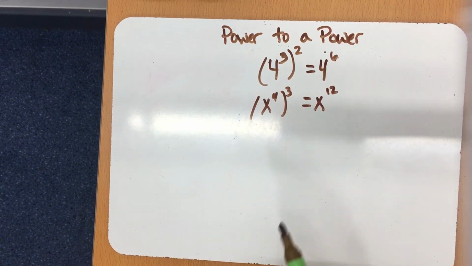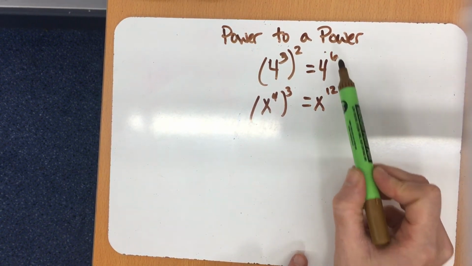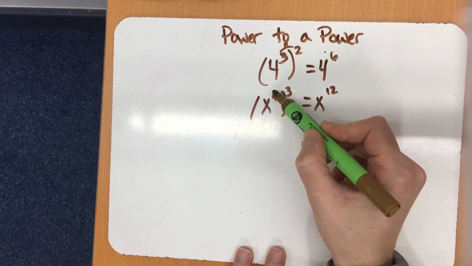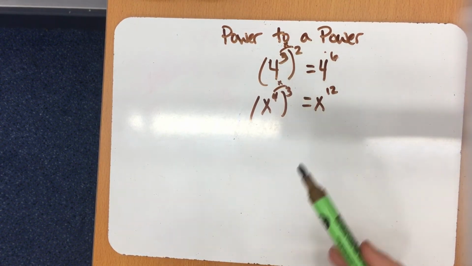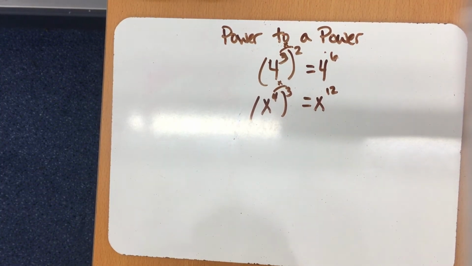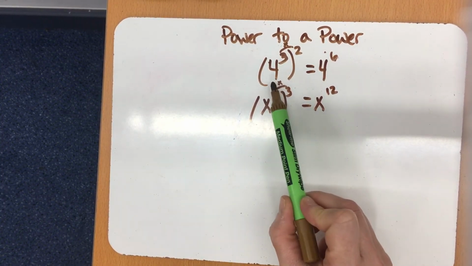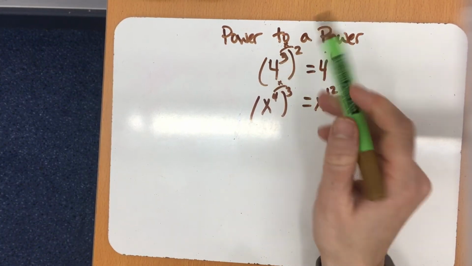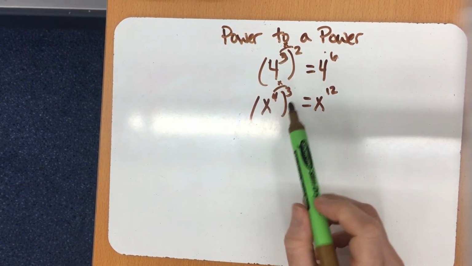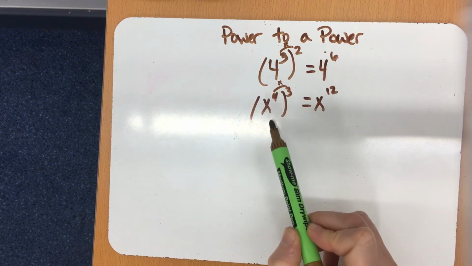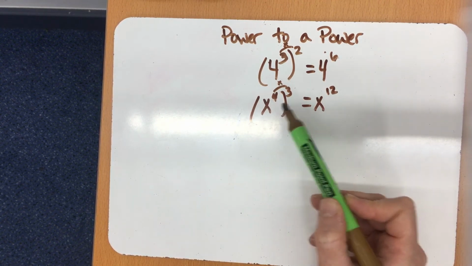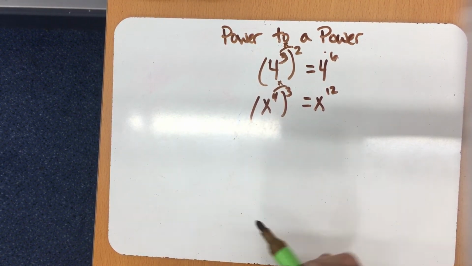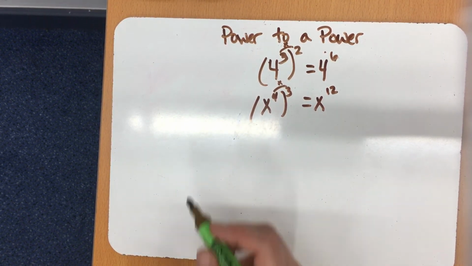You may or may not have noticed that I could have gotten the same thing by multiplying the 2 powers. Because multiplication means how many sets of something do you have, and here I've got 2 sets of 4 to the 3rd, which gives me 4 to the 6th. And here I've got 3 sets of x to the 4th, which is 3 sets of 4 x's, which is 12 x's. So really the rule or the generalization for a power to a power is